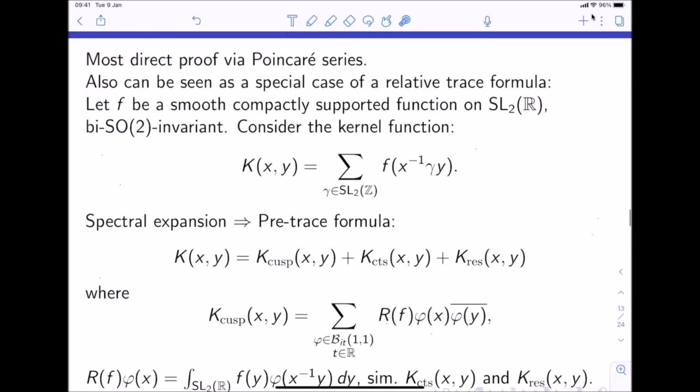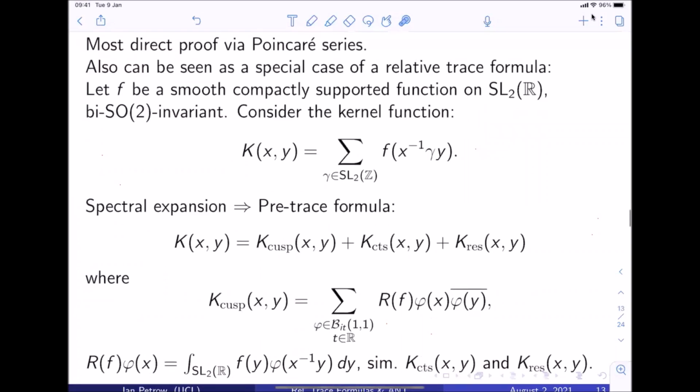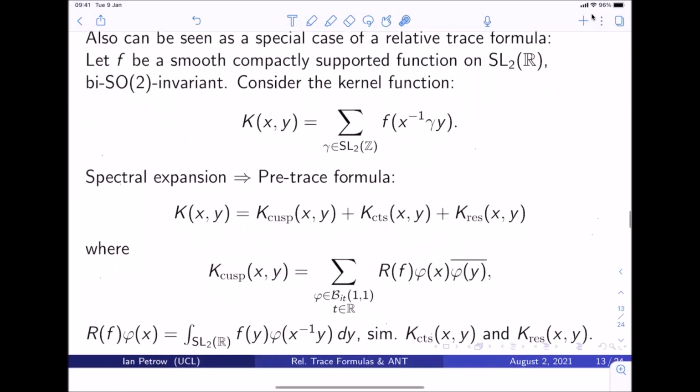So I'm going to talk about a kind of classical version of this, and then I'm going to talk about an adelic version of this. And so maybe I'll go quickly through this version, but hopefully this primes the pump a little bit. If I take f, any smooth compactly supported function now on SL2R, and I want to assume that it's